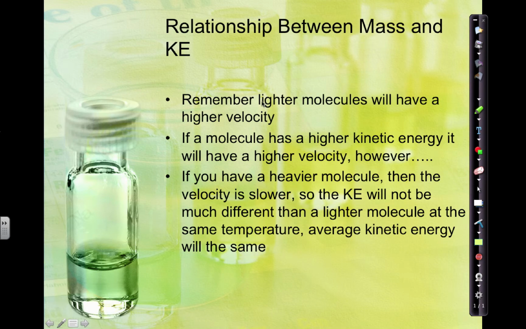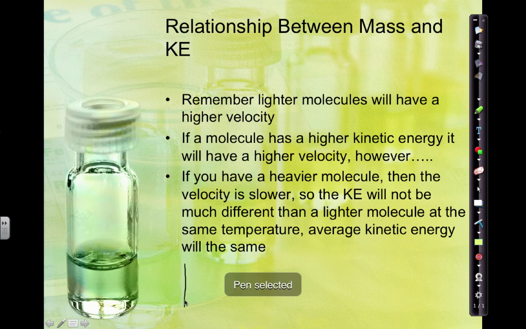Not to get this confused with the mass concept. So if you have a lighter molecule, that will have a higher velocity. So if a molecule has a higher kinetic energy, it also has a higher velocity. However, if you have something that's heavier, the velocity is going to be slower. So the kinetic energy will not be much different in a lighter molecule. So basically, if you have